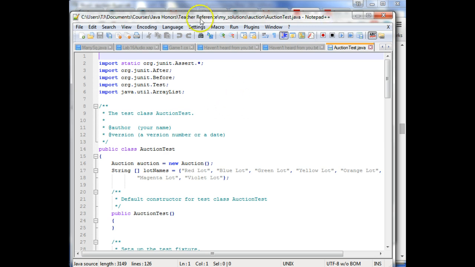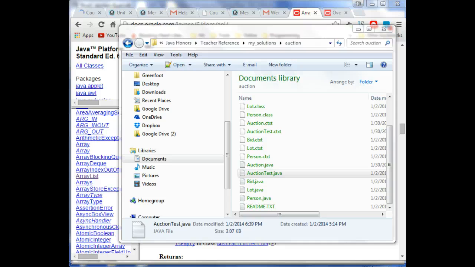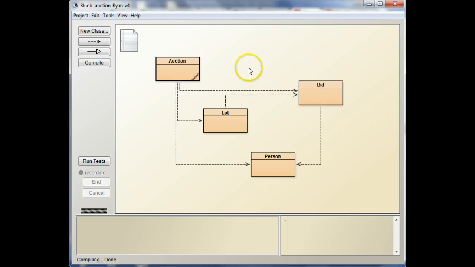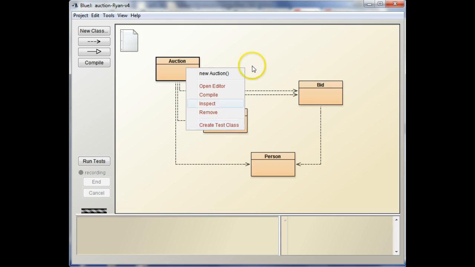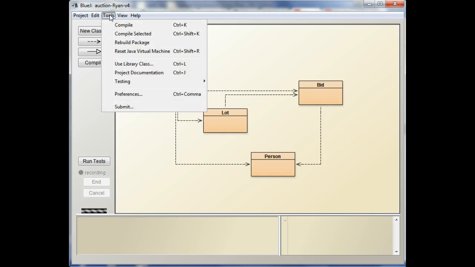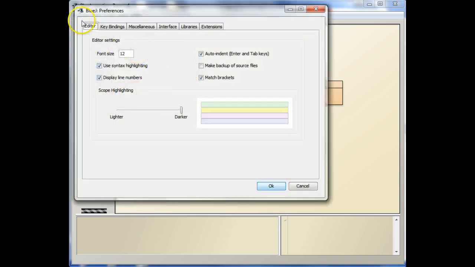And what you can do is in your project, if you right click or control click if you're on a Mac, and pick create test class. Actually, you might need to go into preferences. If you're on a Mac, the preferences item is on the BlueJ menu, but on PCs it's under the tools menu. You pick preferences and you click on